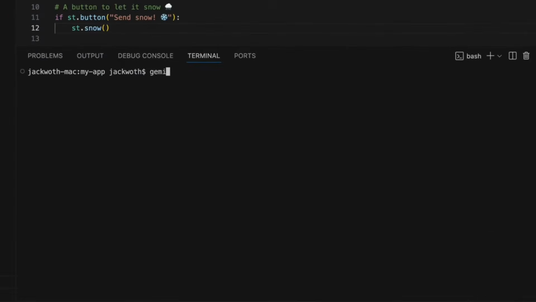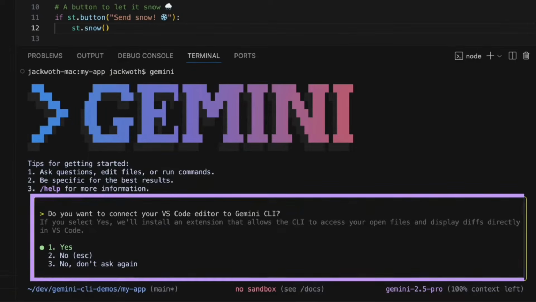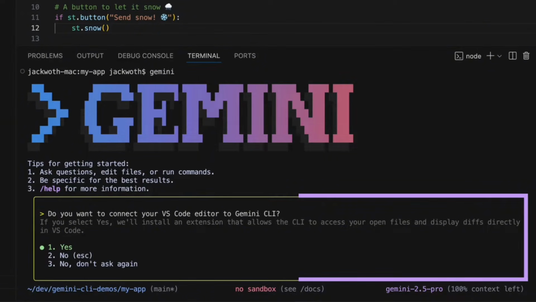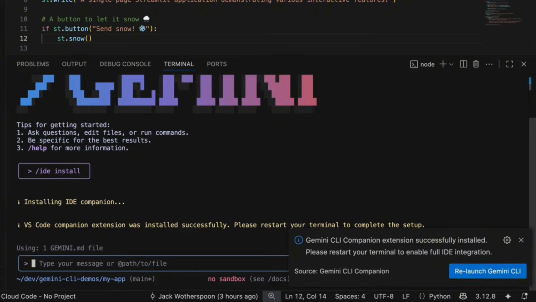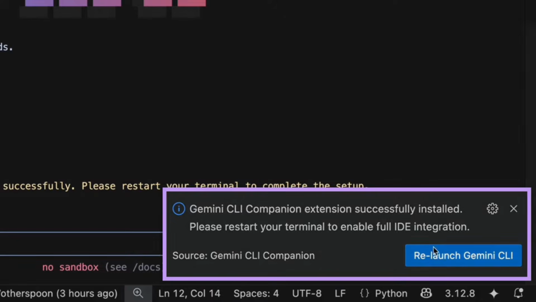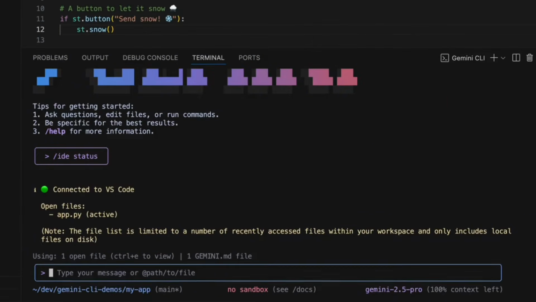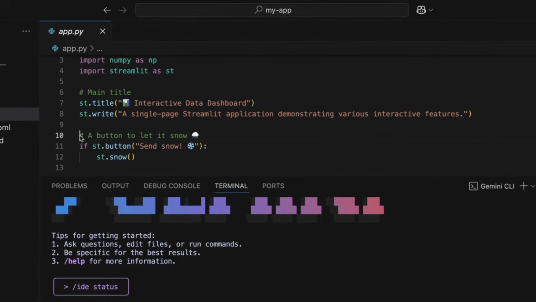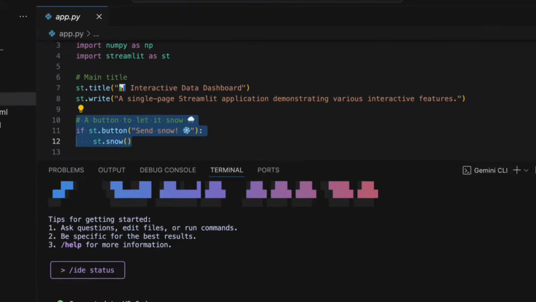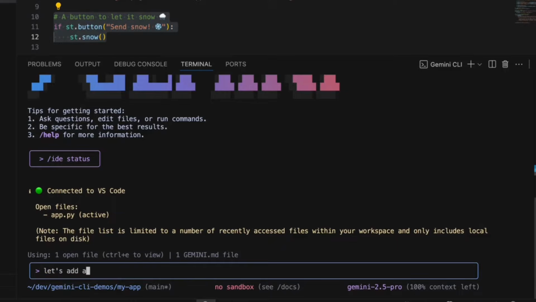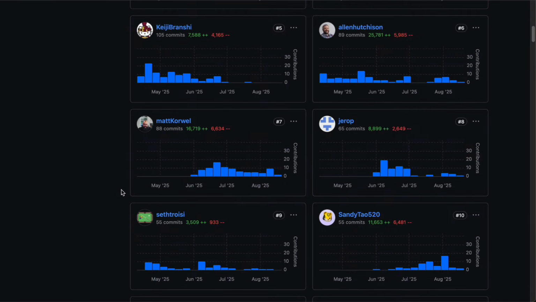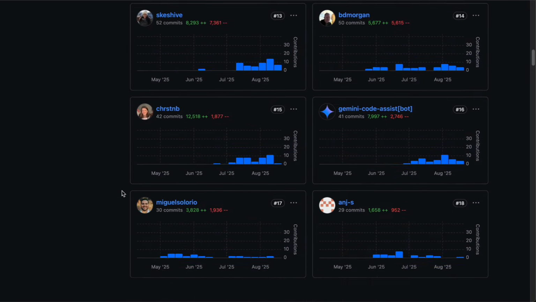So today I have got something really exciting to show you. We are going to dive into the latest updates for the Gemini CLI, which have been coming out at an incredible pace. When Google first launched this open source tool, it was a game changer. But now, with a ton of new features and improvements, it's becoming a true rival to other top tier coding agents out there. What I love is that a lot of these changes are driven by the open source community,